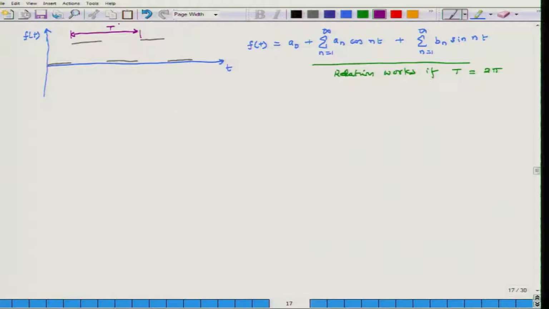Okay. So, this is the simplest form of a periodic signal. Later we will generalize it, so that whatever the time period is, we can develop an expression for it. So, that is our time period. If the time period is equal to 2 pi,